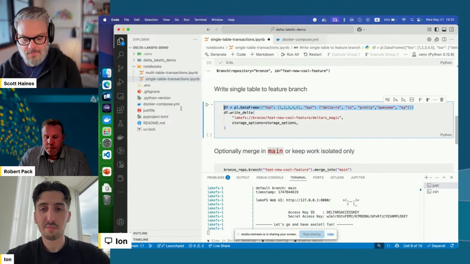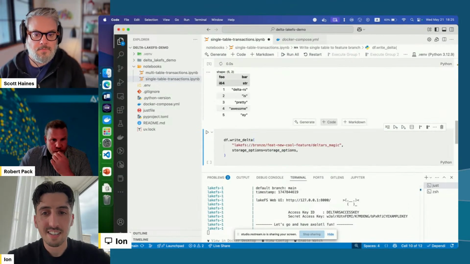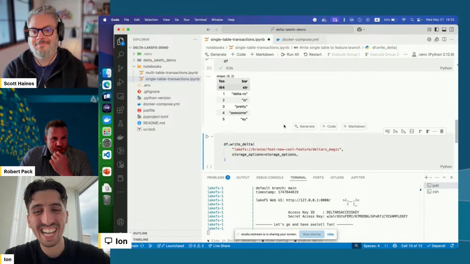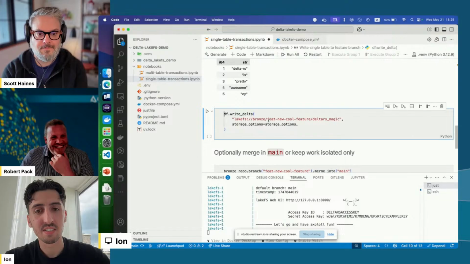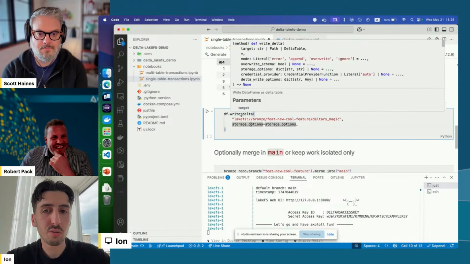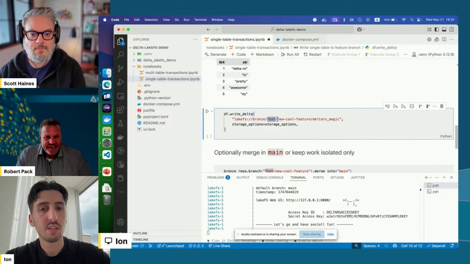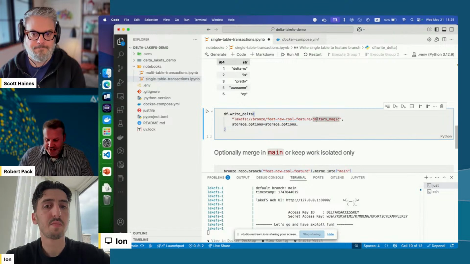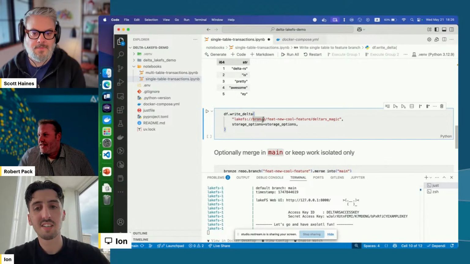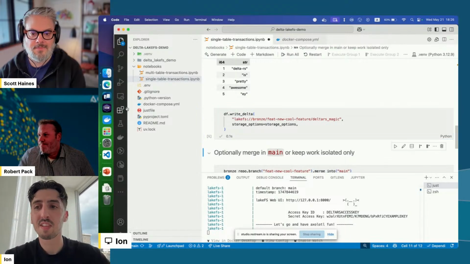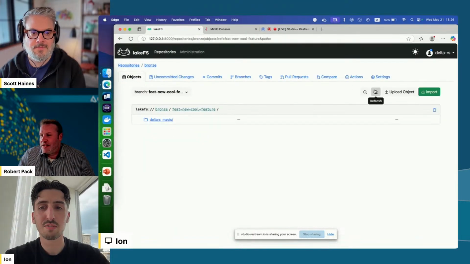So we create a data frame, and it says Delta RS is pretty awesome. And then we write to the storage layer. So it's just a matter of providing the LakeFS URI, saying which repository, which branch you want to write, and then lastly, you define the table name. So we have delta_rs_magic. We do the write action, and if we go back to our UI, we just have to click refresh, and